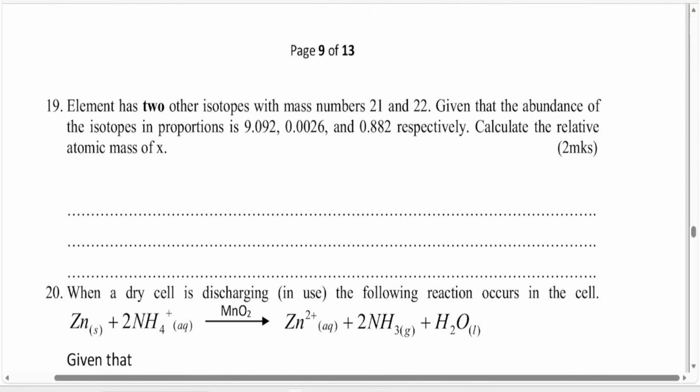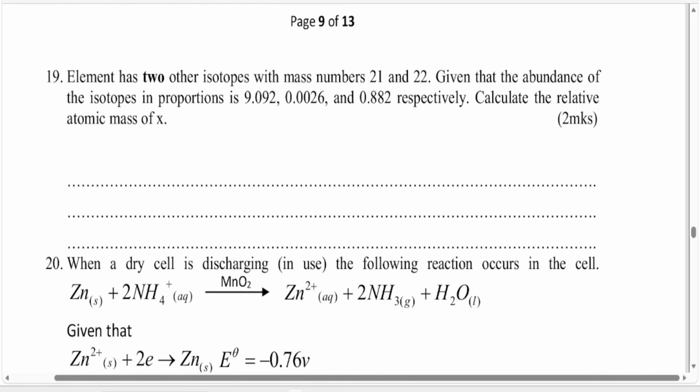Element has 2 other isotopes. When you look at this question, it's incomplete. There's a part that has been omitted. Therefore, we are not going to answer this question because there's a part that's not there. We are going to skip and move to question number